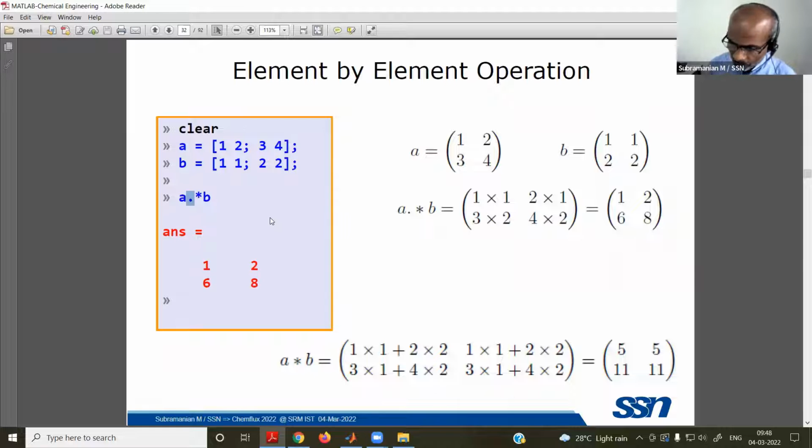Of course, most MATLAB problems, if it is having difficulty in compiling, the mistake committed by people is simply this misuse of dot.